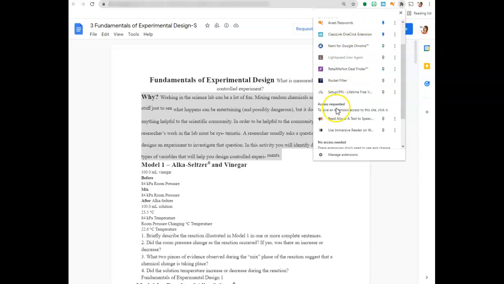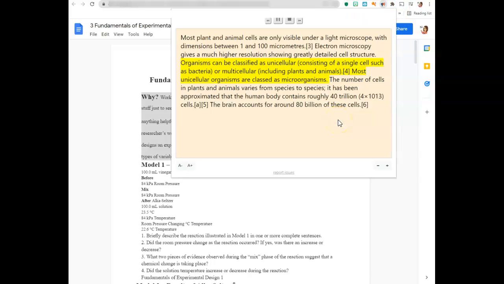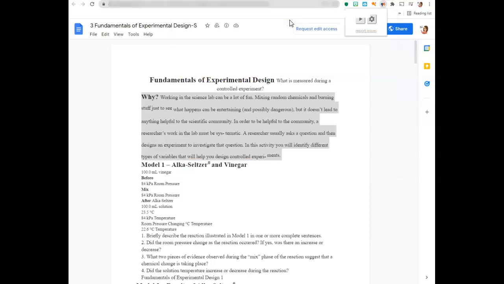Organisms can be classified as unicellular, consisting of a